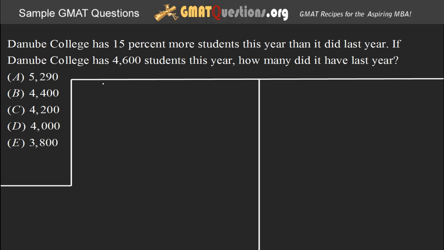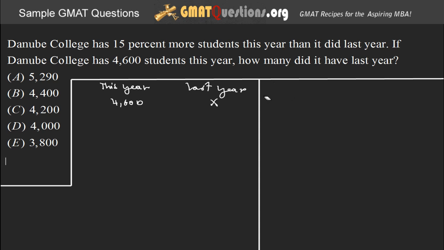So we have this year and we have last year. This year we know that we have 4,600 students. Okay, and last year we don't know. But there is a 15% increase from last year to this year. So clearly, if X is last year, as I wrote here,